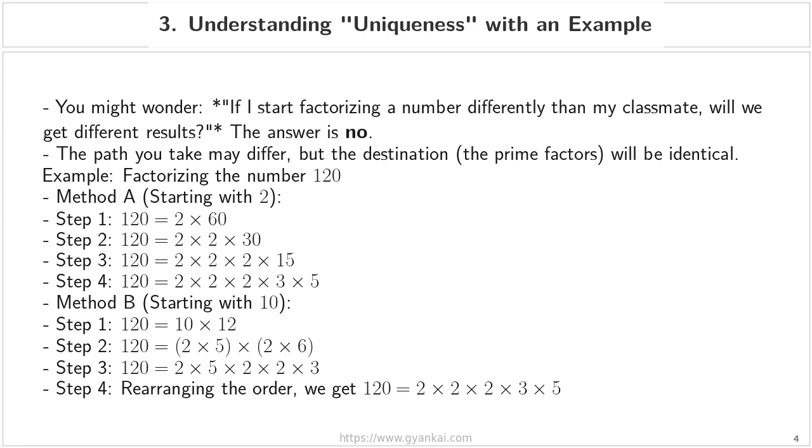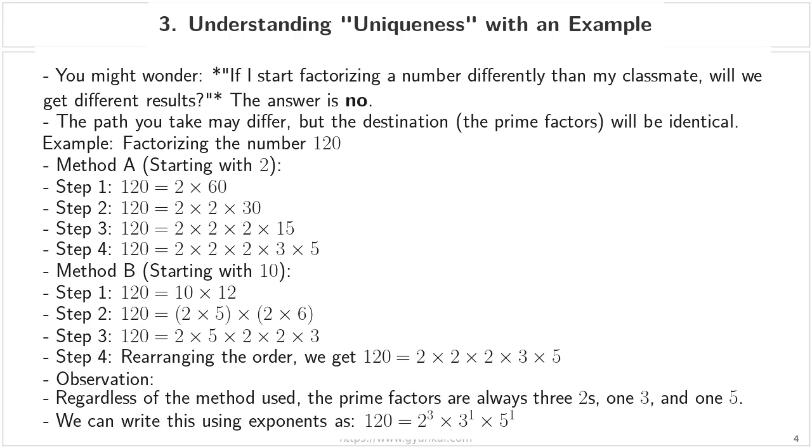If we look at all our pieces, we have 2, 5, 2, 2, and 3. If we rearrange the order of these factors, as I mentioned in the definition, we get exactly the same result: 2, 2, 2, 3, and 5. The key observation here is that regardless of the method used, the prime factors are always 3 2s, 1 3,